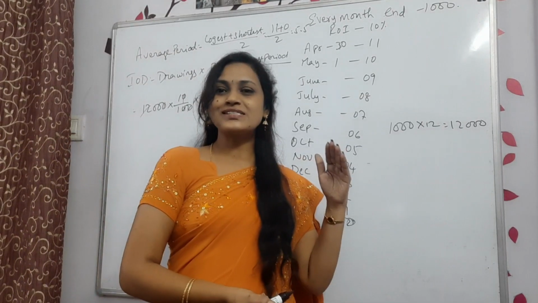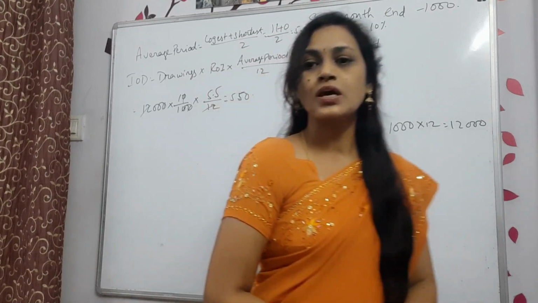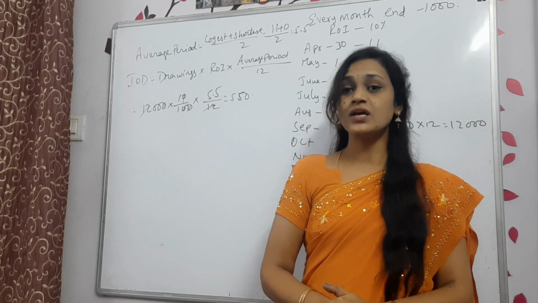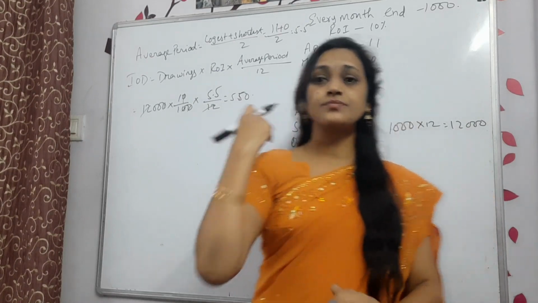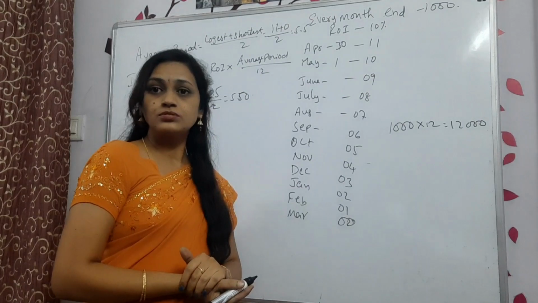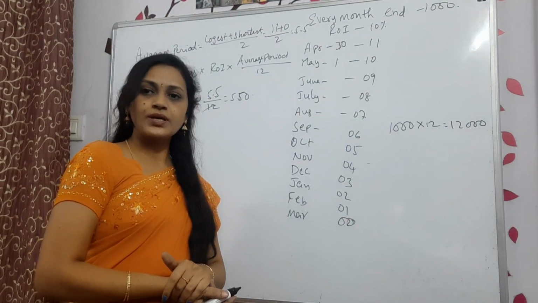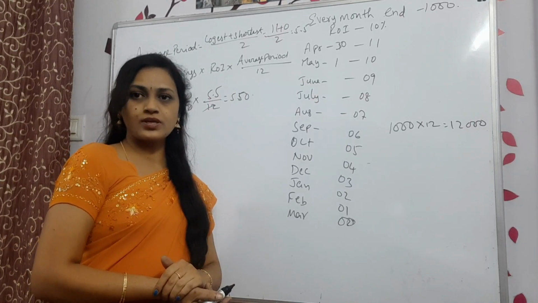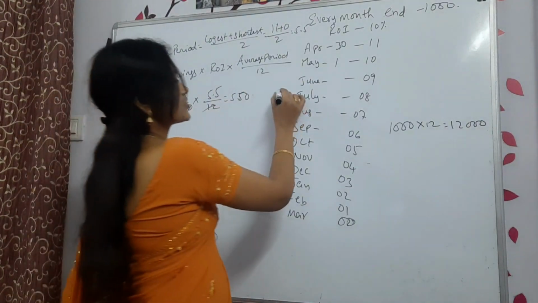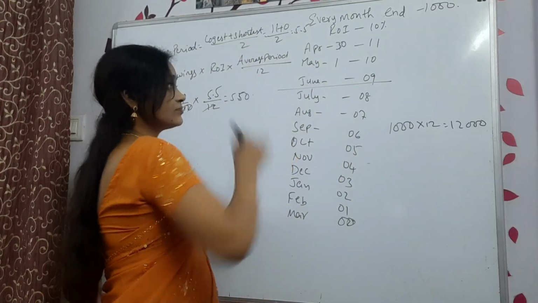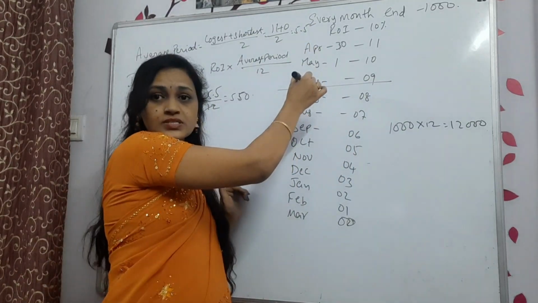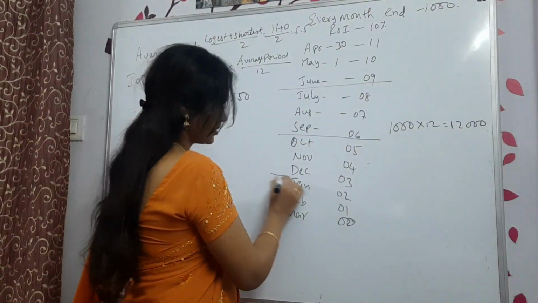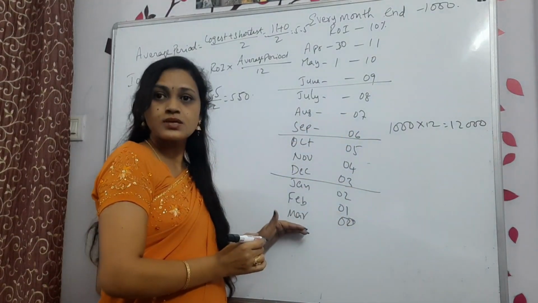Yeah. Now let's discuss how to treat it if they withdraw money every quarter. First of all, quarter means 12 divided by 4, right? Quarter is 4, no? 12 divided by 4. So every 3 months once, if you are withdrawing the money. First 3 months, let us check it out. First, April, May, June. First 3 months means this one. Next 3 is here. Next 3 is here. And the next 3 is March.